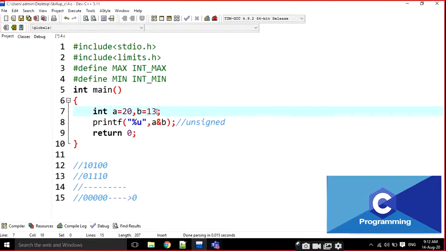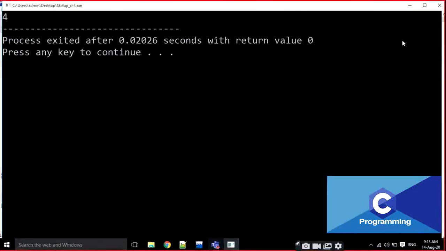This is 13 value. What is the output of this one? What is the output value? That is 4 here. I am going to execute it. The output is 4 here.